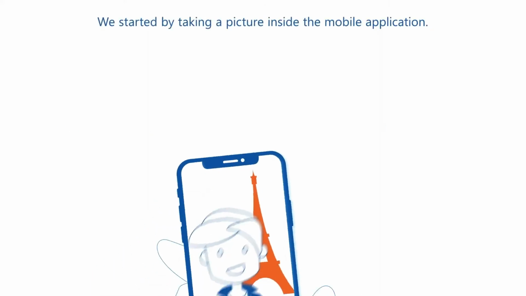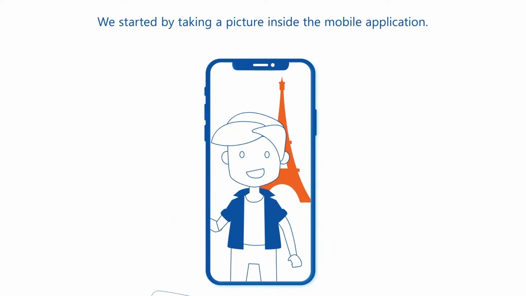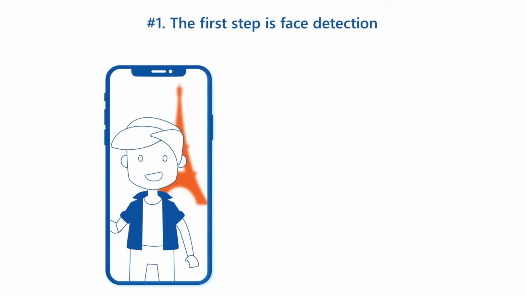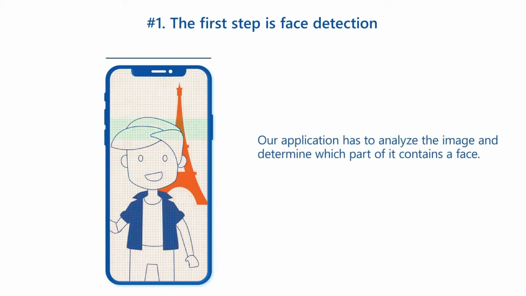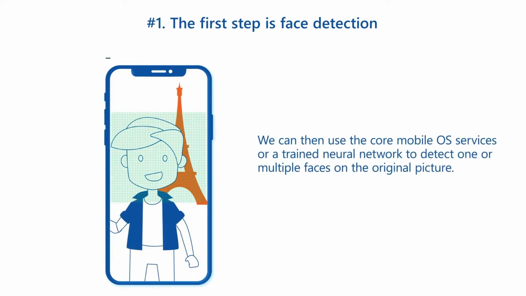We start by taking a picture inside the mobile application. The first step is face detection. Every photo contains millions of pixels that make up an image. Our application has to analyze the image and determine which part of it contains a face. We can use the core mobile OS services or a trained neural network to detect one or multiple faces on